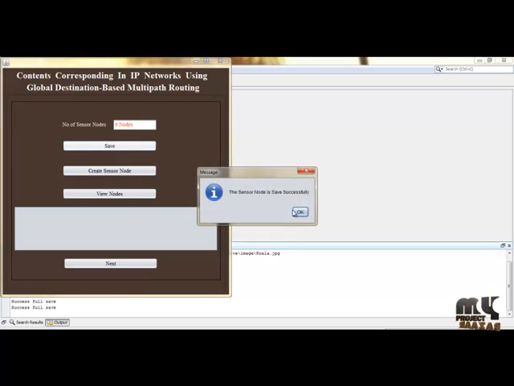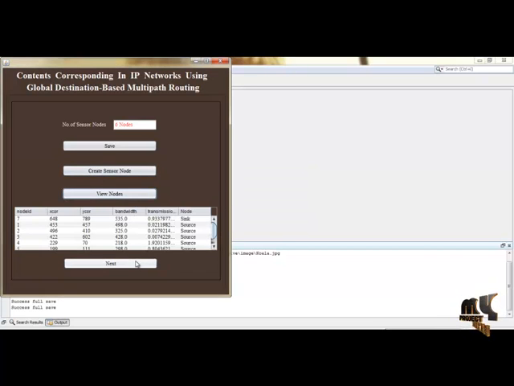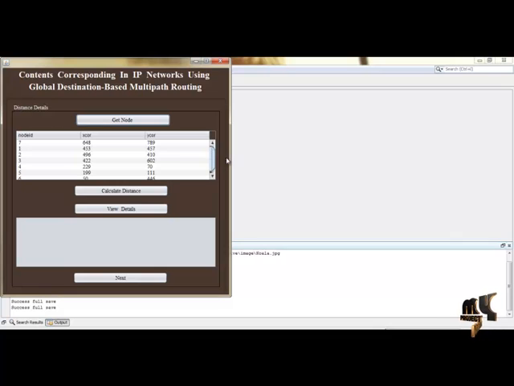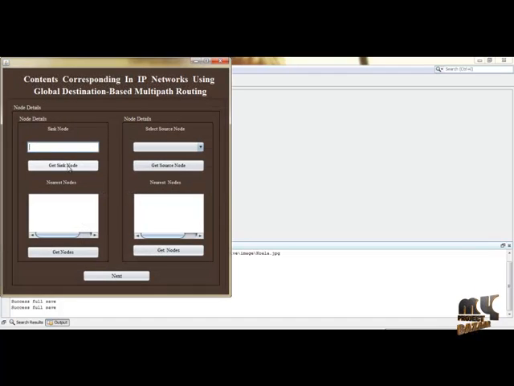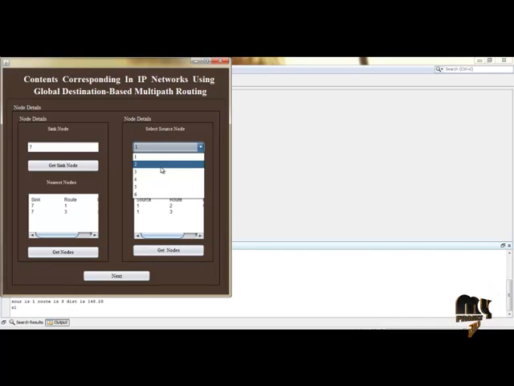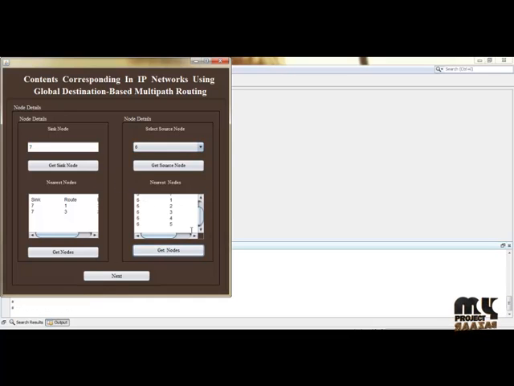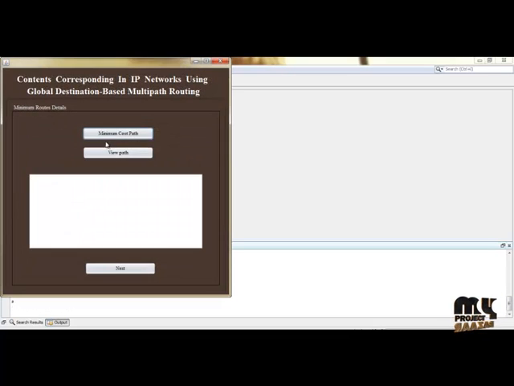So now create the sensor node, and then view nodes, next, and then this is the distance calculation process, view details, next, and then get the sync node, and then get the source node. You just click and then get the source node, and then get the sync node details, and then you must click this up to 6, and then finally 6. So now you find the nearest nodes, and then click next, and then minimum cost path, view path,